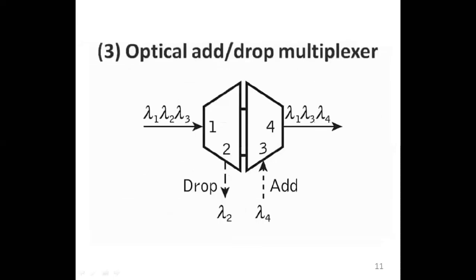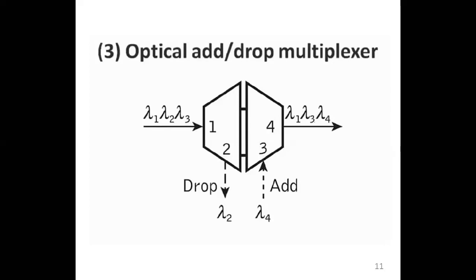The third one is an optical add drop multiplexer. So I will repeat this again. There is a mistake here from the book. So you can see that the input is a single signal comprising of three wavelengths, lambda 1, lambda 2, lambda 3. And we are dropping wavelength lambda 2. In the previous diagram, which was wrong, we were dropping lambda 1. So this one is the correct diagram. Here we are dropping lambda 2. So out of lambda 1, 2 and 3, now we are left with lambda 1 and lambda 3. On the right hand side, we are adding lambda 4. So therefore, the output signal is lambda 1, lambda 3, lambda 4.